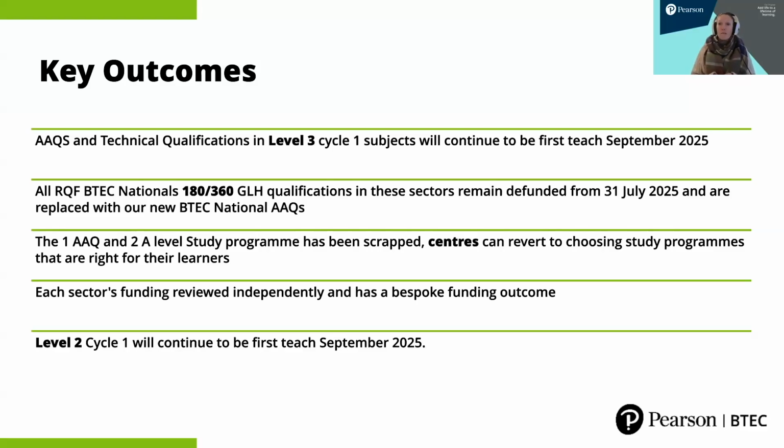So what that means is that the medical science AAQ will be available for first teach September 2025. So that is this September, as per the original level 3 reform timeline. In addition to that, the BTEC National RQF qualification, so the Applied Human Biology qualification at 360 guided learning hours, will remain defunded from this July. The reason for that is that there is a replacement, and the replacement is in the form of the